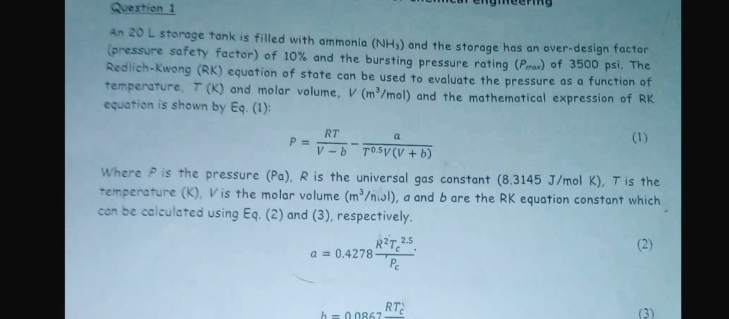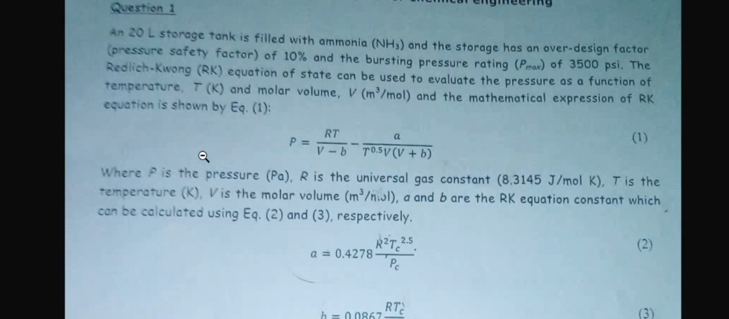This is working with Excel, and the questions are mostly related to chemical engineering, especially if you read the narration of the question. The narration says a 20-liter storage tank is filled with ammonia, and the storage has an over-design factor, a pressure safety factor of 10%, and a bursting pressure rating Pmax of 3,500 psi. Now, the RK equation of state can be used to evaluate the pressure as a function of temperature and